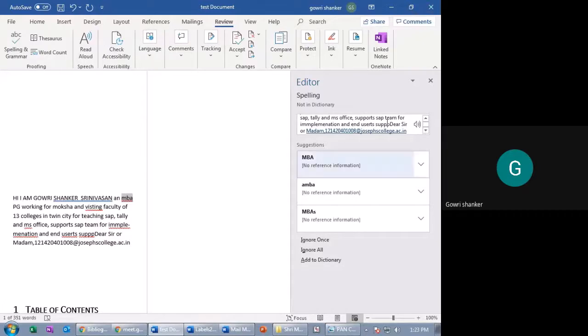See, this is how the spelling check works, with not in dictionary, and the computer can speak out in its original voice. So this is how you can check with voice, or you can read by yourself.